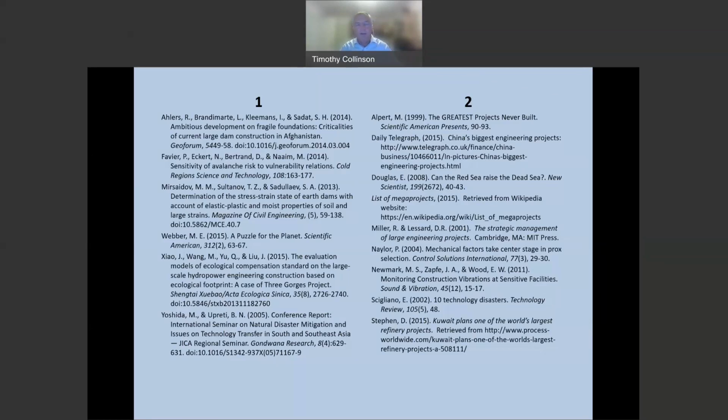The other thing to look at on that list is on the right hand side, there's a reference there to Wikipedia. Now, there's lots of controversy about this. Some lecturers will say that's okay. Some will say, no, you mustn't reference Wikipedia at all. I'll leave you to talk to your lecturers and tutors about that.